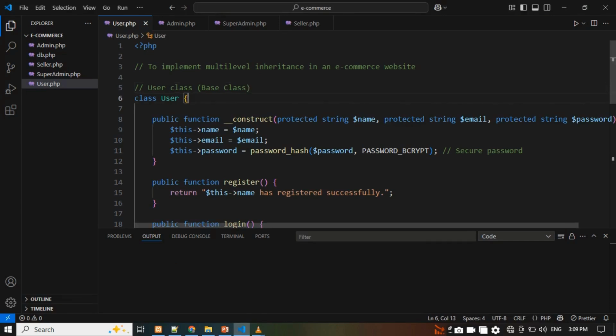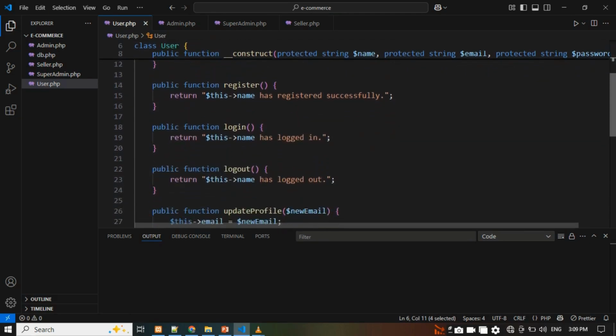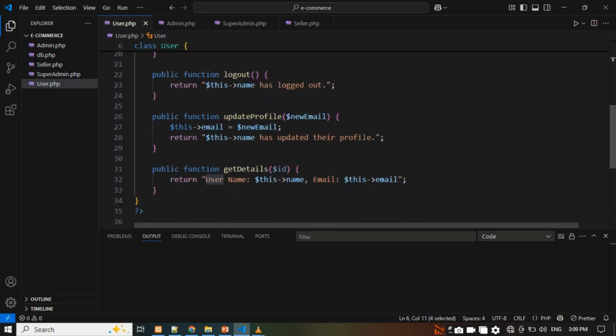The next type of inheritance is multiple inheritance. Here, multiple means that we can extend more than one class. For example, consider a user class that defines common functionalities such as registering, logging in, logging out, updating a profile, and retrieving details.